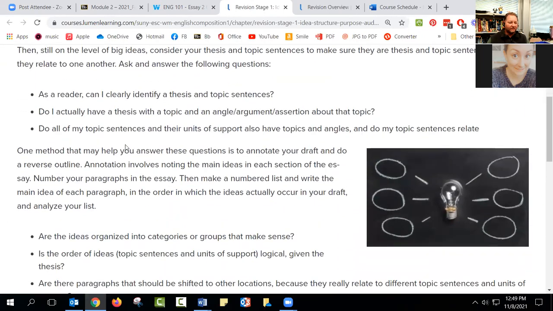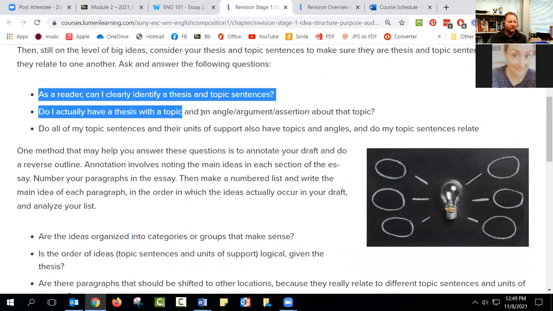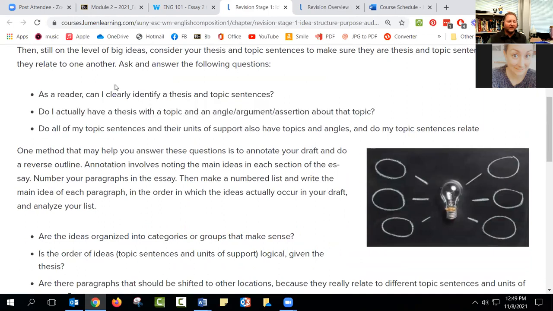So if you look at these ones, it's similar questions here as from the overview. As a reader, can I clearly identify a thesis and topic sentences, right? So it's easiest if you could do this like a peer review. If you could have someone that isn't you read your essay. It could be a friend, it could be a family member, it could be someone you work with, anybody who's not you would actually be the most useful help in terms of revision,